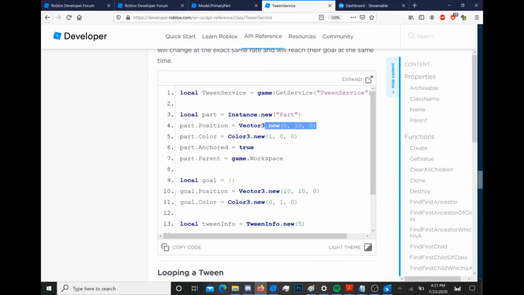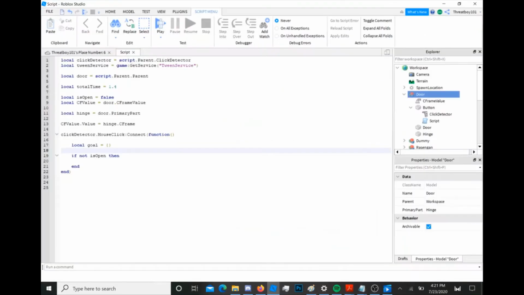And then, from what it looks like, they're tweening it so that the part's position moves right 10 units. So that's what we're going to do here. All right, cool. So now when the door is not open, right? I'm going to say goal dot value,